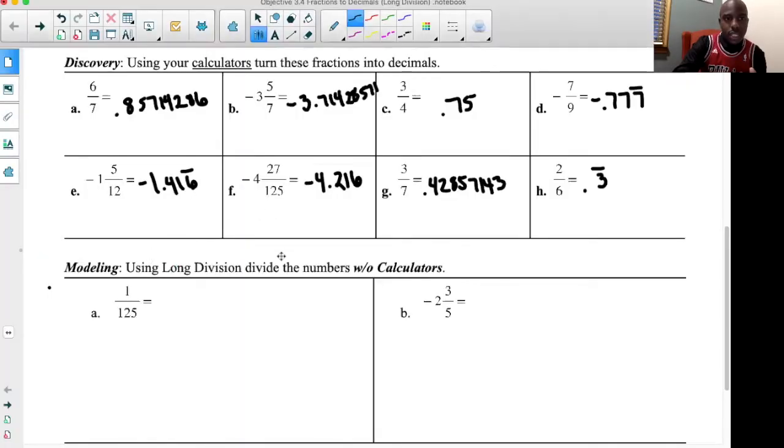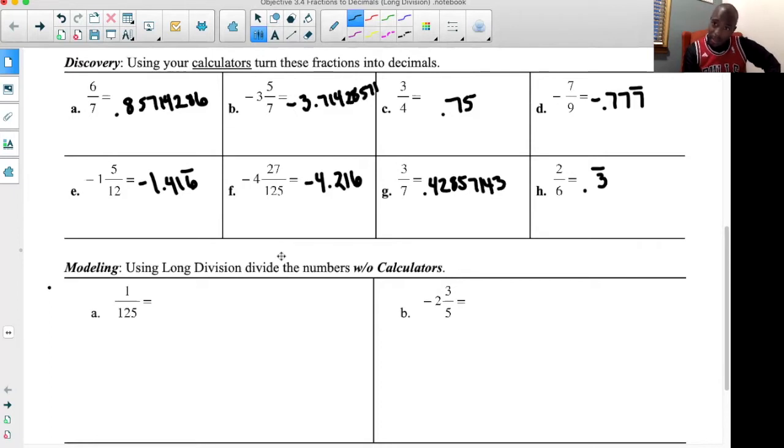You can see exactly what the answer is. So I'm hoping that you were able to look and get the discovery portion all done. This is what you should have got as your answers: 0.857142 for A, negative 3.714285 for B,